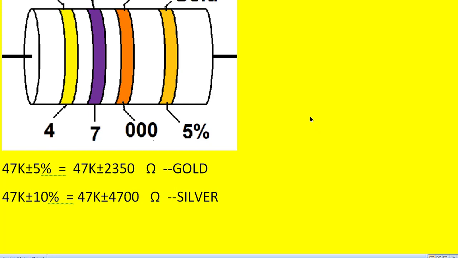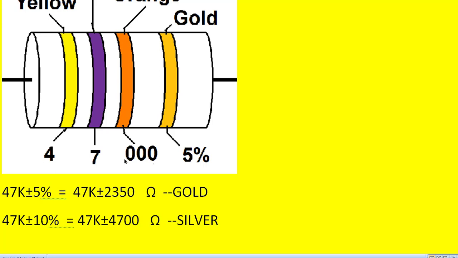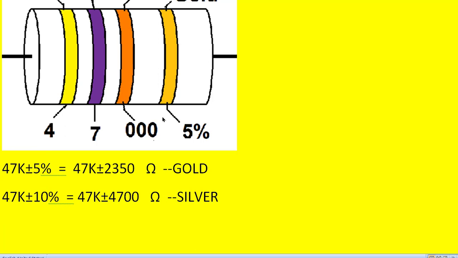Suppose there is a resistor which has 5 bands. Suppose we have one more band here. So in that case, we have to put the first 3 digits, 4, 7, and for this is orange, means 3 will come. Then suppose another orange comes, then we put 473 into 1000. So that is how we have to calculate or understand the resistance of the carbon resistance.